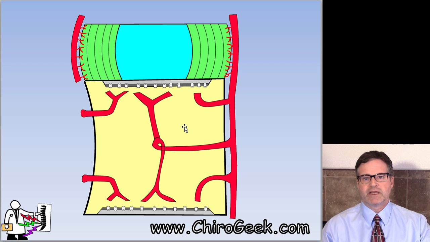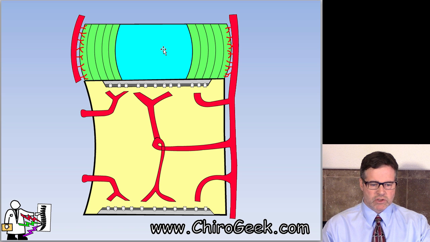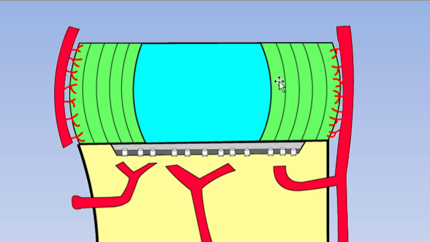Now let's talk a little bit about disc nutrition. The living cells of the disc, the nucleus and annulus, need food to live. And they need to get rid of their waste products just like any living tissue does. But the system is very strange because they don't have blood vessels. You can see the disc is almost completely avascular except for the very outer portion, which has a little blood